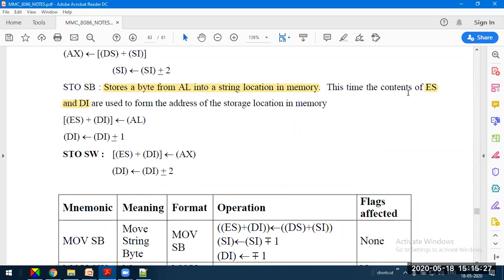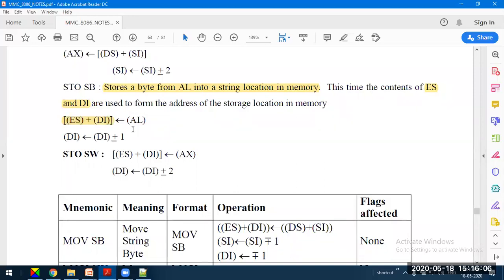Now the destination is in the extra segment. The data should be stored to the extra segment, and the location is identified using the combination of the extra segment register and the destination index register. So with this equation, we can understand that the source of data is AL if it is 8-bit data, and the destination address is calculated by adding the content of the extra segment register and the destination index register, which gives a 20-bit address.